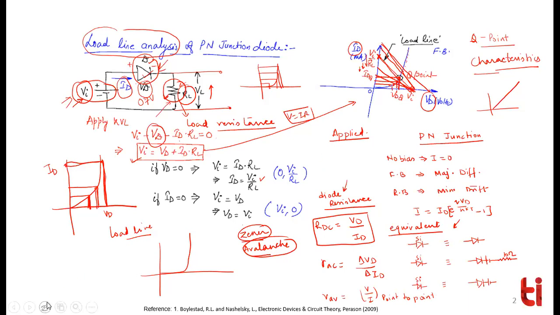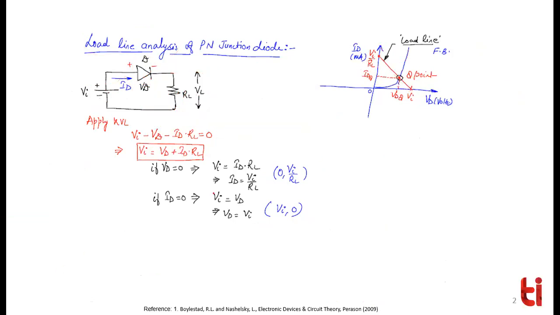So this is, let's say, the graph. Let me rub it. Okay. So if you are going to increase VI, what do you think? Because if you are going to increase VI, definitely this will increase and definitely this will also increase. So you may have the shifting of the load line like this. If you are going to decrease the VI, the shifting of load line will be like this.